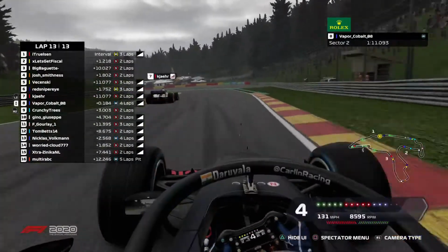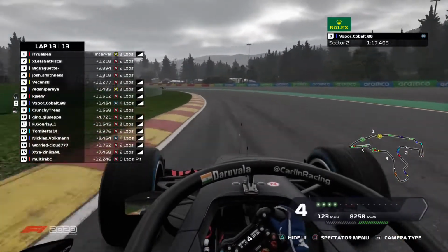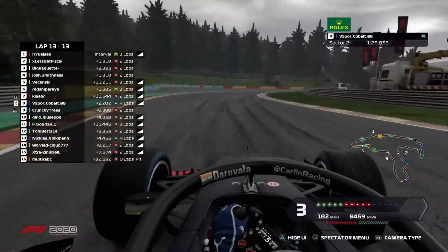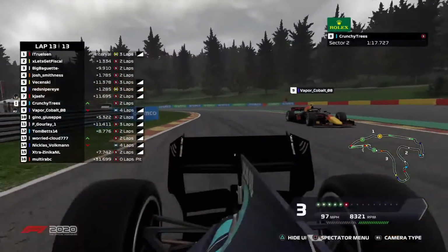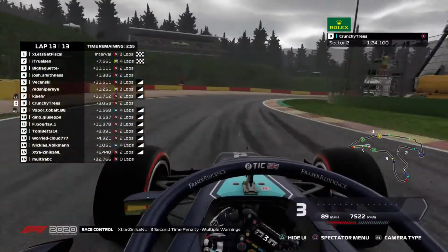And KJ will indeed pass Vapor Cobalt, who's lost any semblance of pace by sticking with those wet tires and not pitting. It looks like he's gonna have to settle for 8th, and honestly just has to try his best to hold on to 8th. As now we see Crunchy Trees passing Vapor Cobalt, as Let's Get Fiscal will indeed take first